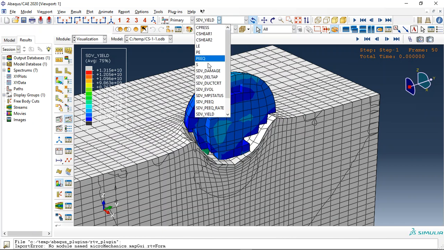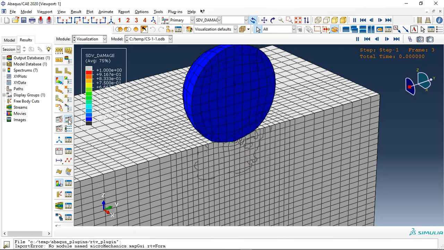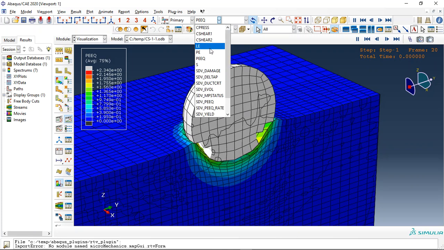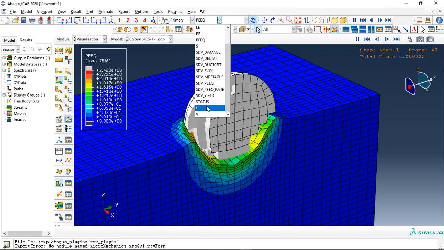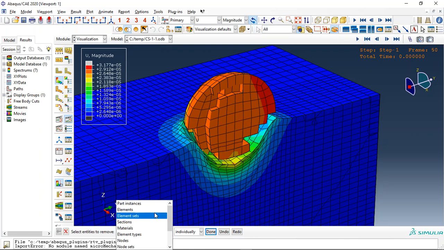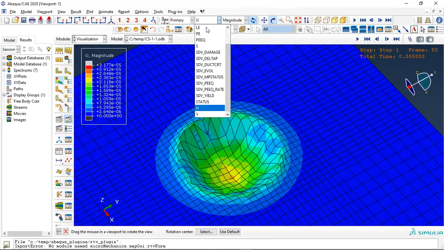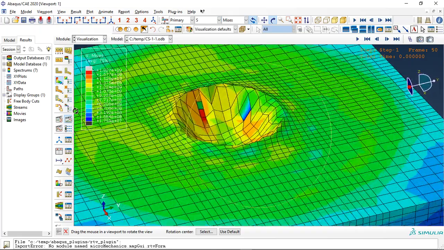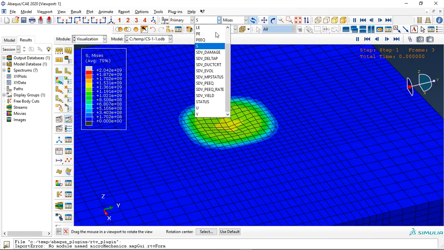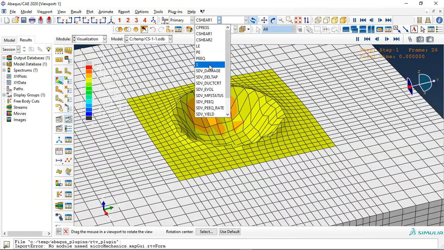Okay, in this view, plastic strain of the steel. And now let me check the steel. This is the steel part. The stress. Plastic strain. Or any result, for instance, shear stress in the contact zone